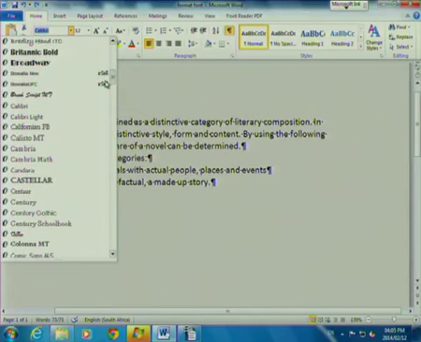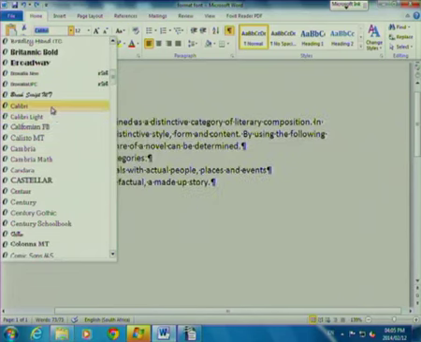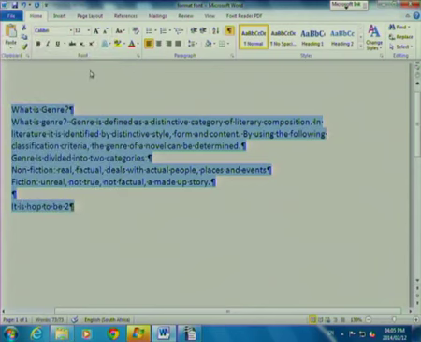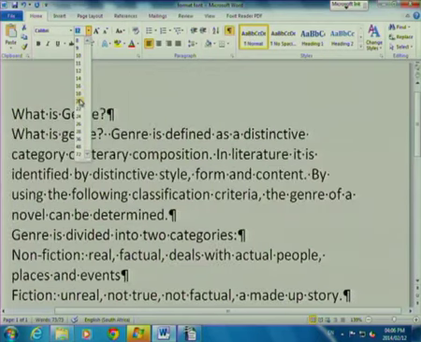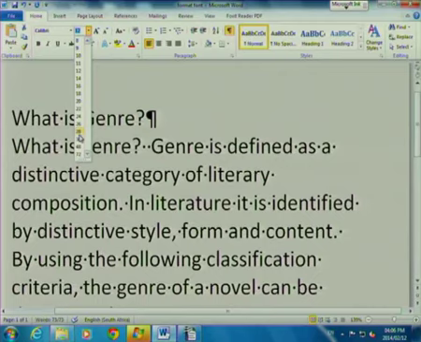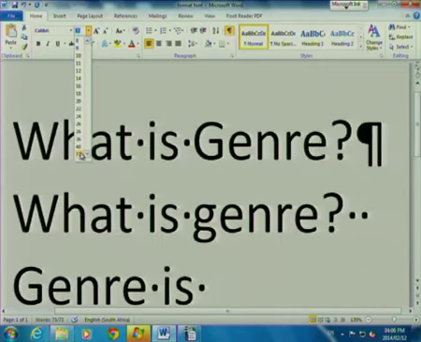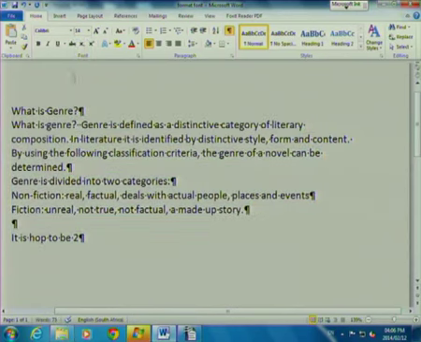I am going to choose Calibri. And then to change the font size, you click on the drop down arrow next to font size and you change it. As you hover your mouse on each one of them, it actually shows you the size in your document. It just gets bigger and bigger as we go along. Okay, we're going to make our font size 14. Okay, so if I click away, you can see the font's been changed to Calibri and